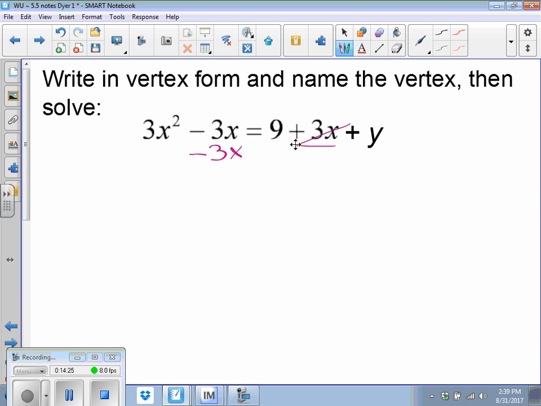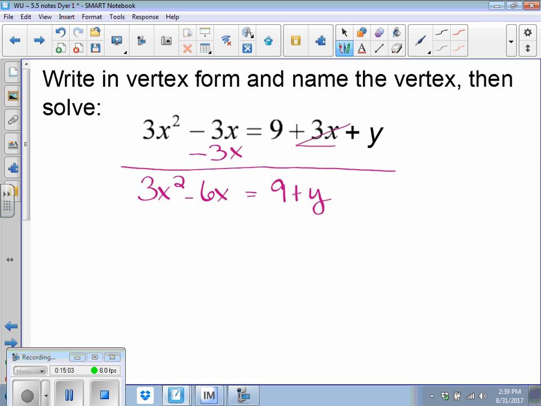Now, do you want to move the 9 over? No. Why? Because you're just going to have to move it back again. So, originally I said you want y by itself. Well, technically you do. But the first step is to take your constant and put it over there with the y. Well, it's already there. So there's no sense in moving it over here just to move it right back. Okay? So this now becomes 3x squared minus 6x equals